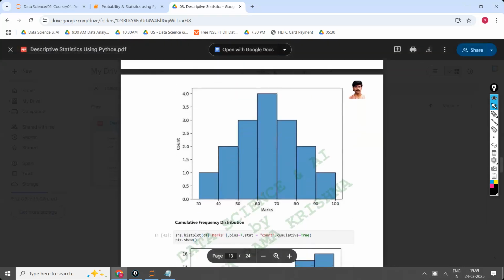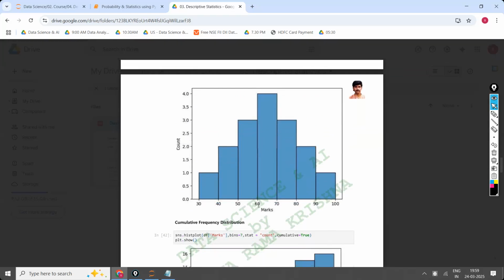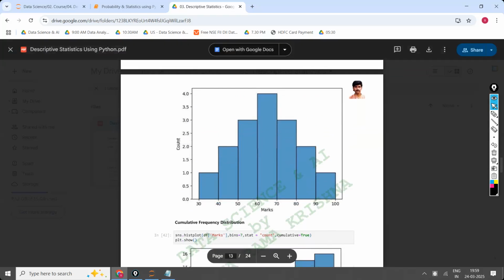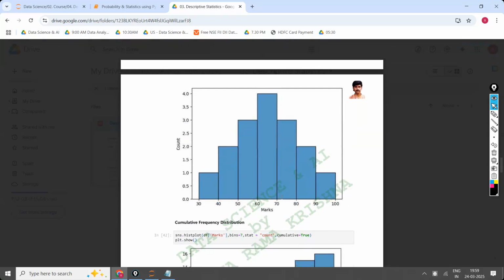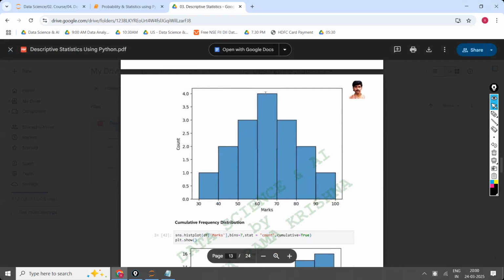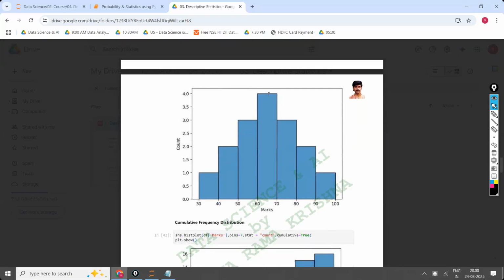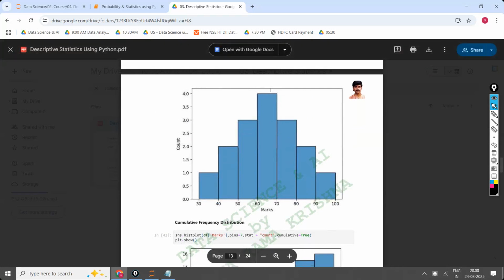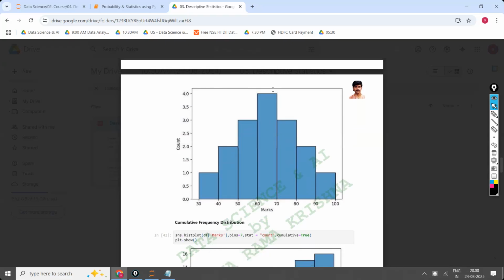This plot indicates how many people are there between 60 to 70 marks. This is count. Count means how many? Between 50 to 60 to 70. It is not giving 60 or 61 or 62 or 63. How many people are there between 60 to 70? Four members are there. Height is 4. Okay, this plot you will do. The same example we will discuss.